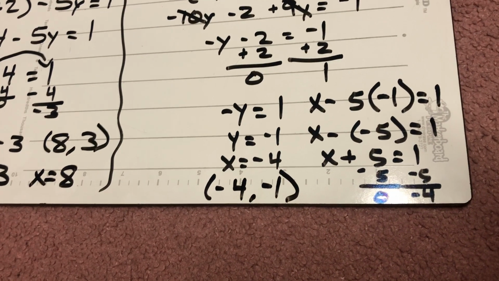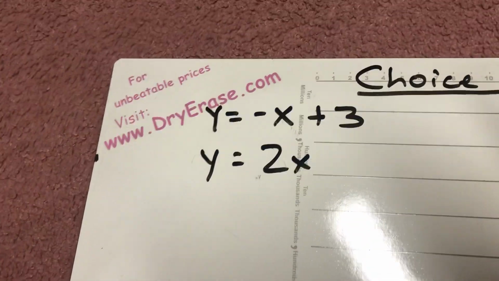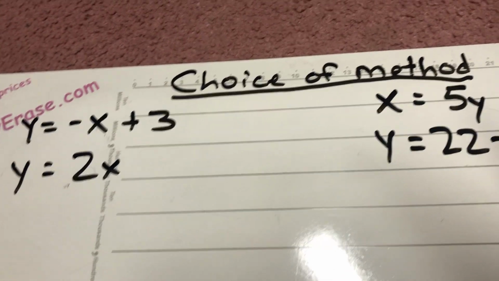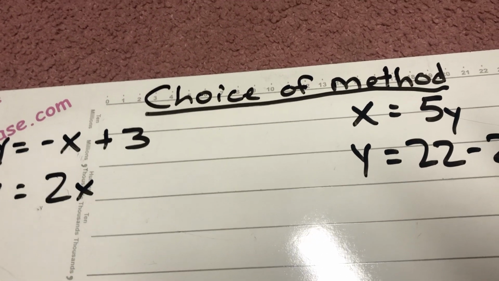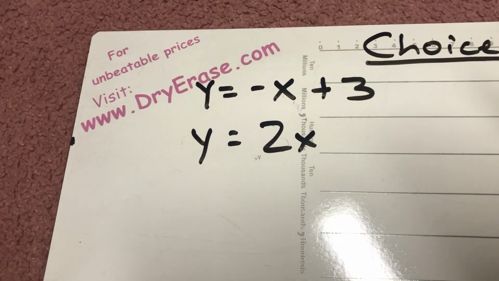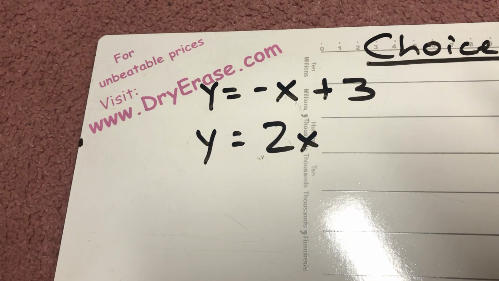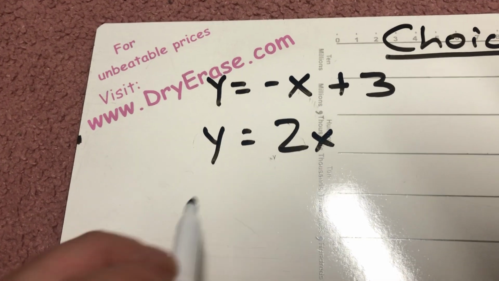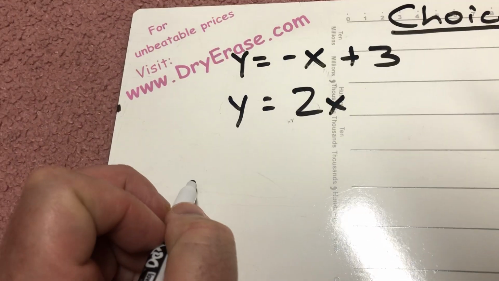All right, we have just a couple more here to finish up. Some point today it's going to give you the choice of method. It's going to allow you to make a choice as to which method you use. Well, here's one where they're already both in slope-intercept form. So when they're already both in slope-intercept form, remember I can just make them equal,